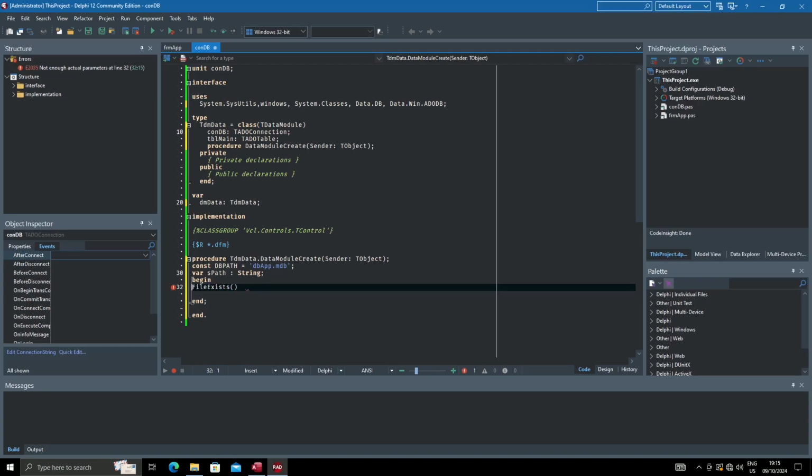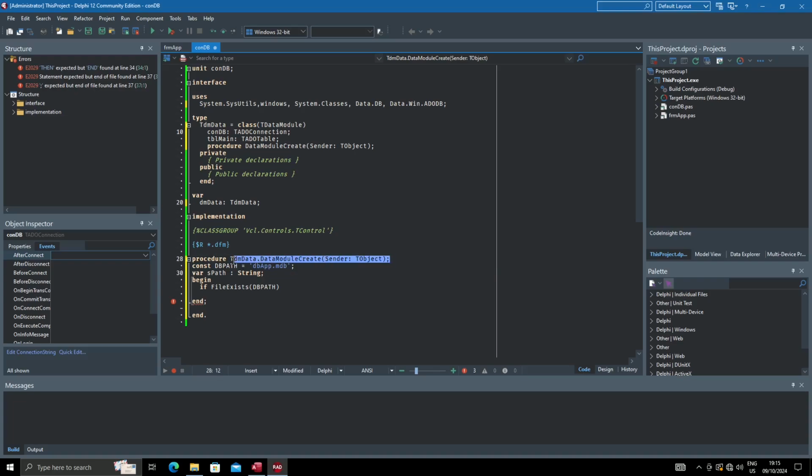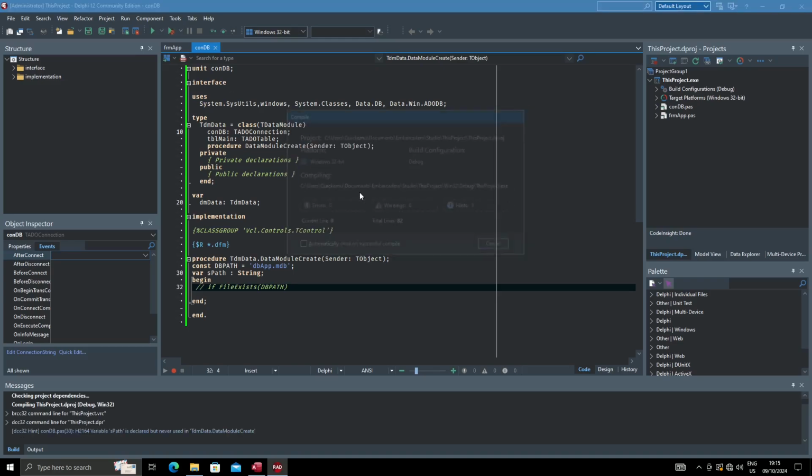Now first we say if file exists, and then we say db path. What will happen when this data module is created is that it'll attempt to search for the database in the debug folder. So if I comment this out so we can run,